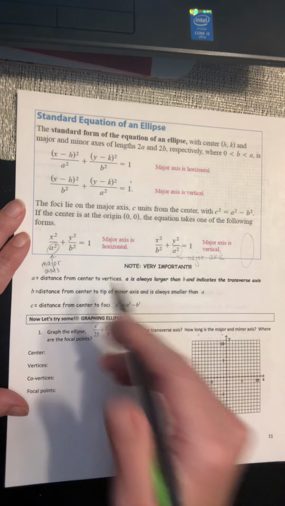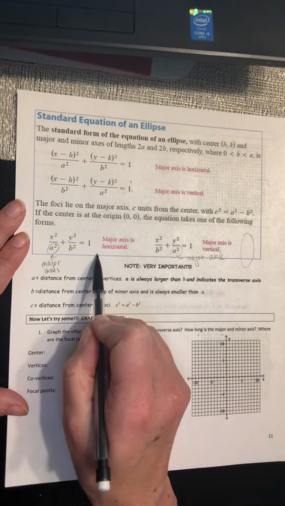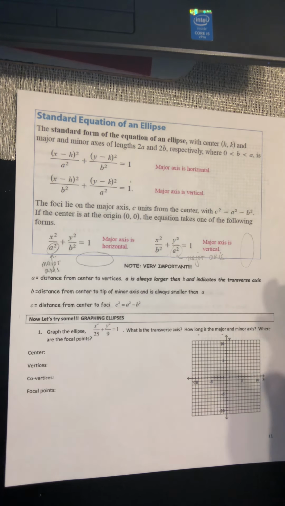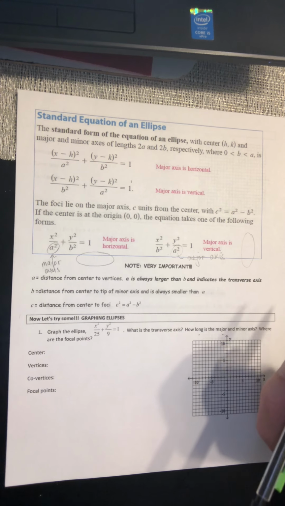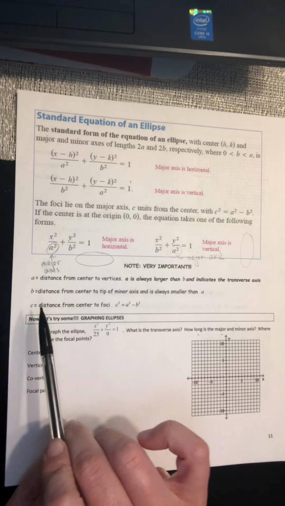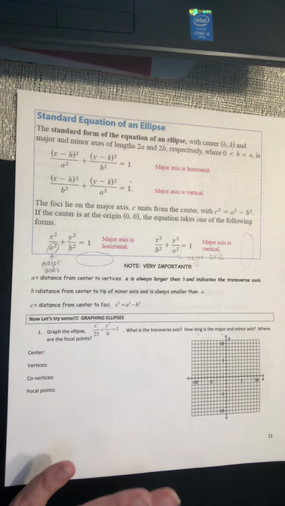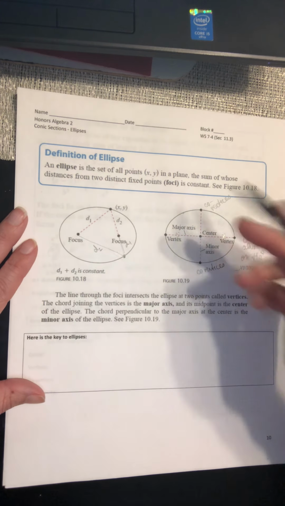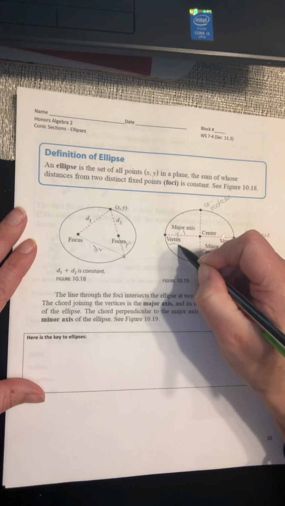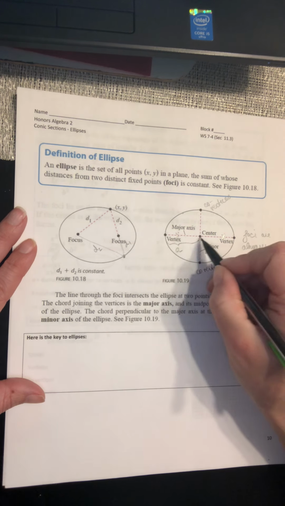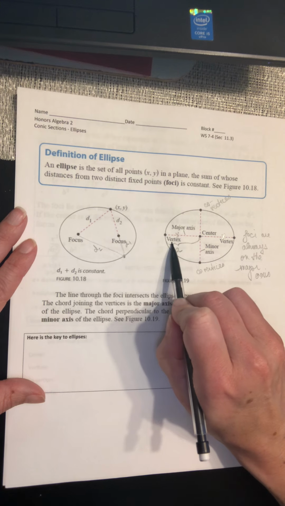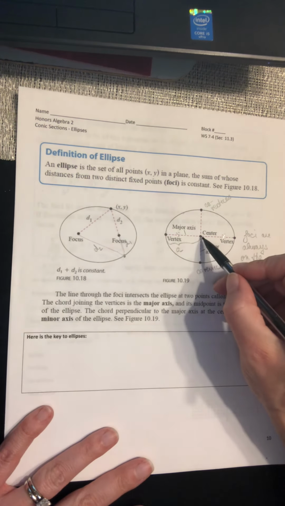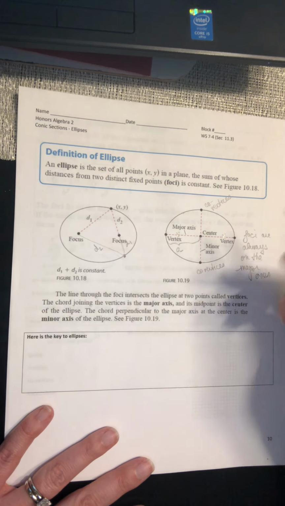So if the a squared is underneath the y squared, you're going to have a longer ellipse. If you have the a squared underneath the x, you're going to have a fatter ellipse, if you will. I'm not sure how you want to talk about that. But A is always going to be your distance from the center to your vertex. Notice that's for the major axes. So when I go to graph this like you would with a circle,